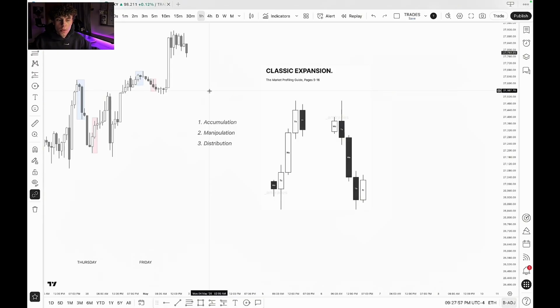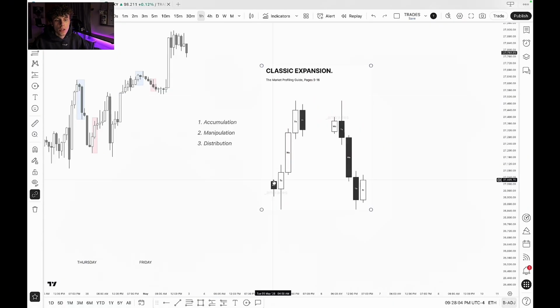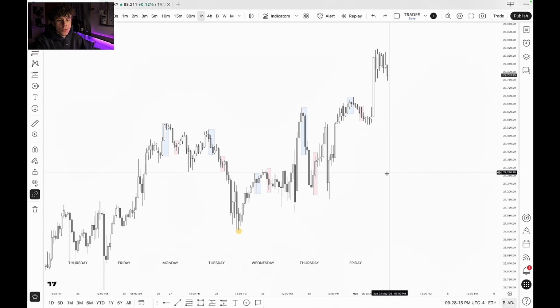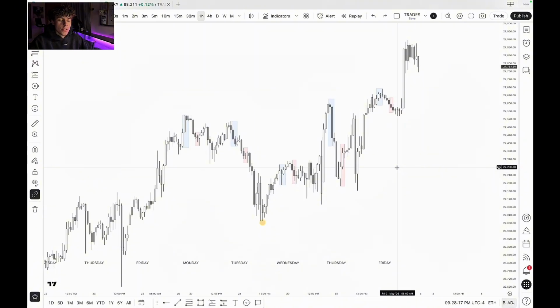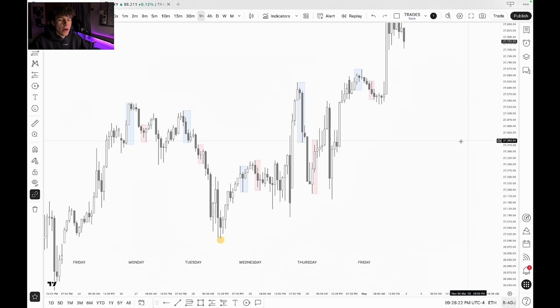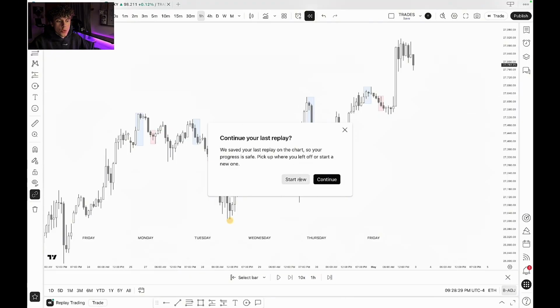So when we're looking for the power of 3 within the classic expansion weekly profile, we would expect early in the week to accumulate, early in the week to manipulate, and then the entire rest of the week to distribute. And you can see we have done that absolutely to a T. So I'll break down each trading day, what I was looking for, how I avoided losses, and how I established high probability trades. So we can go all the way back to Monday